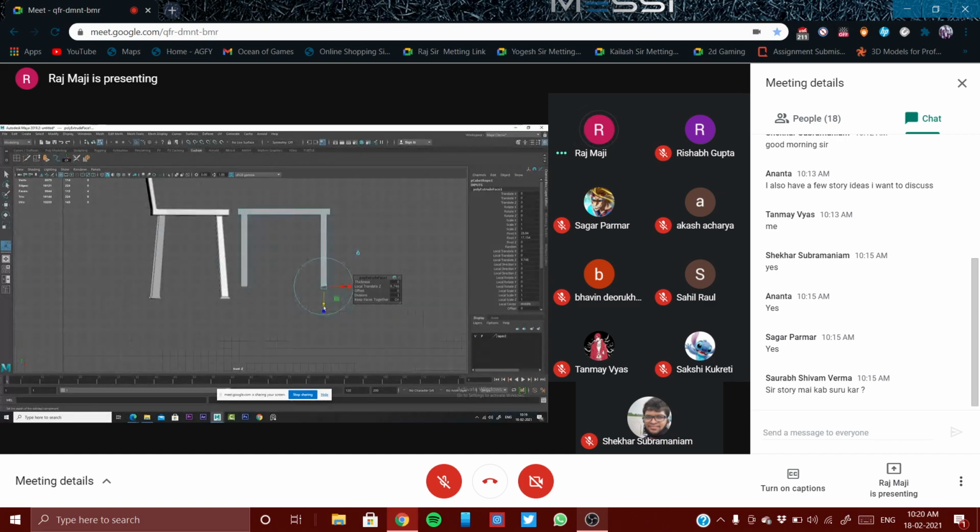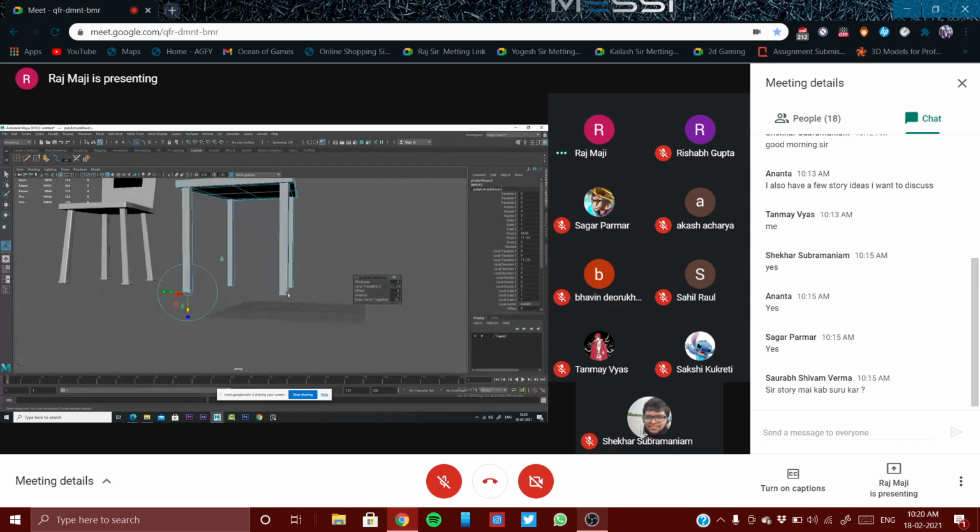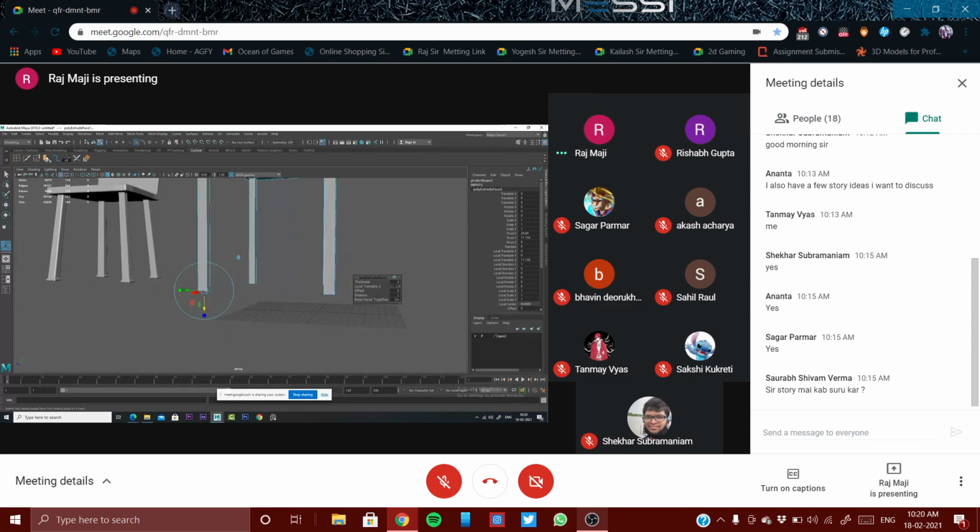Okay, let's extrude, and then extrude once again. Something like that. And extrude once again.